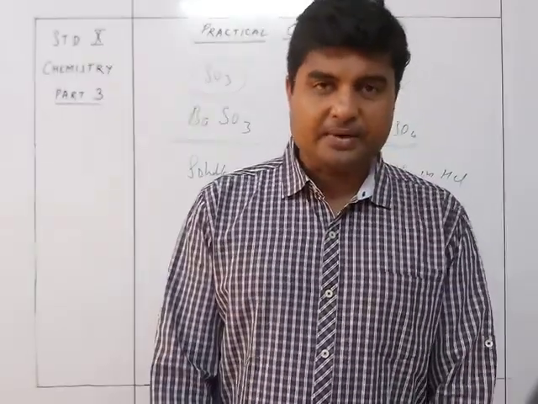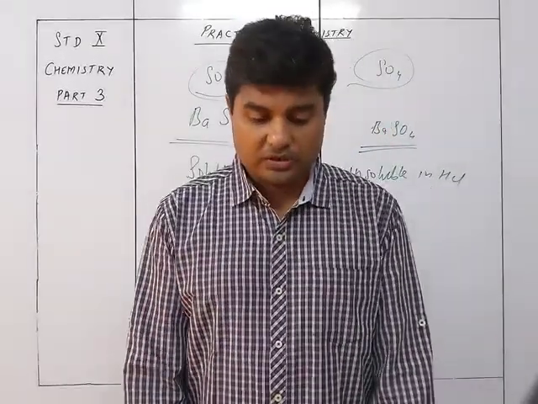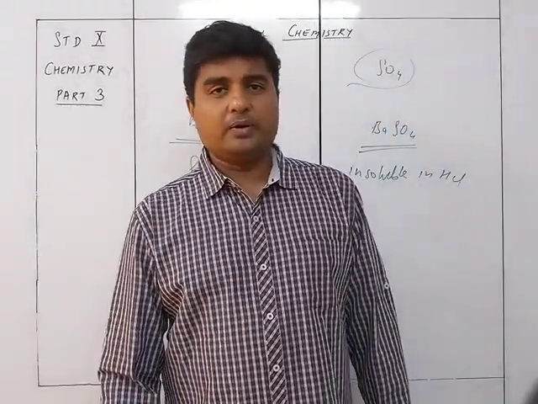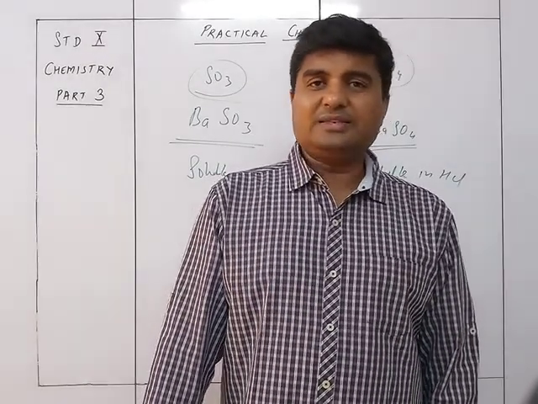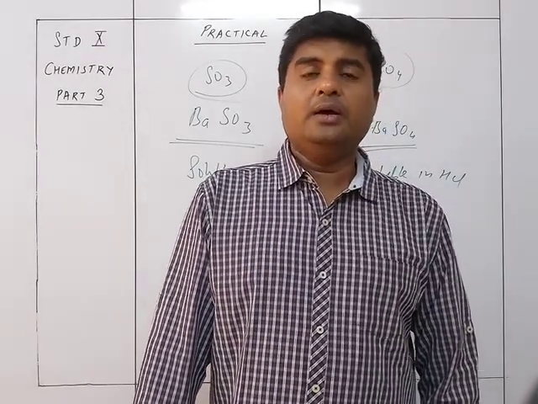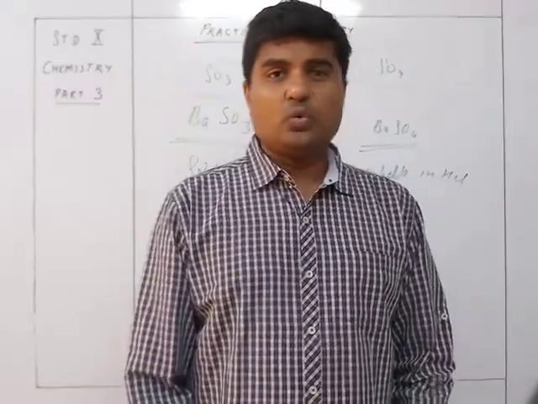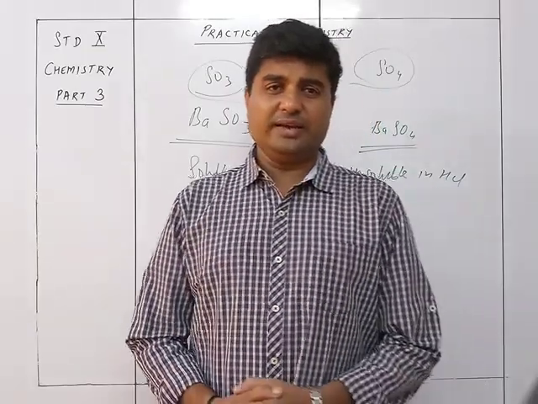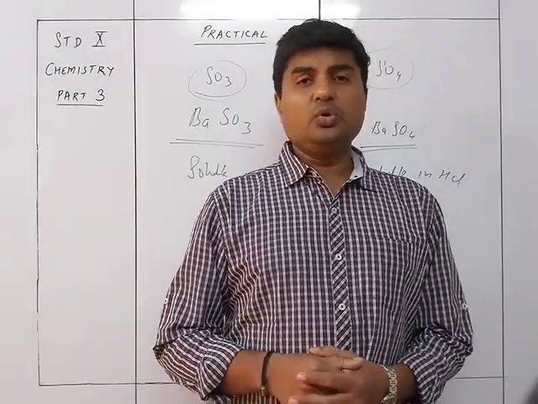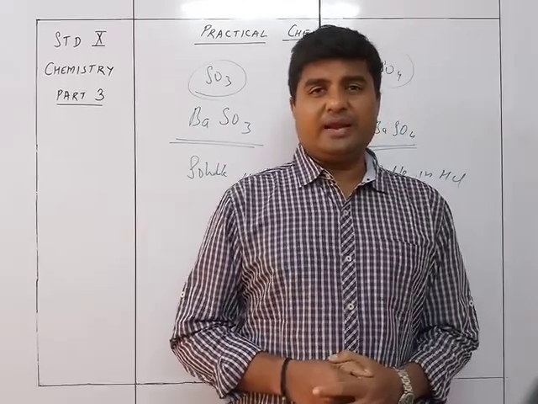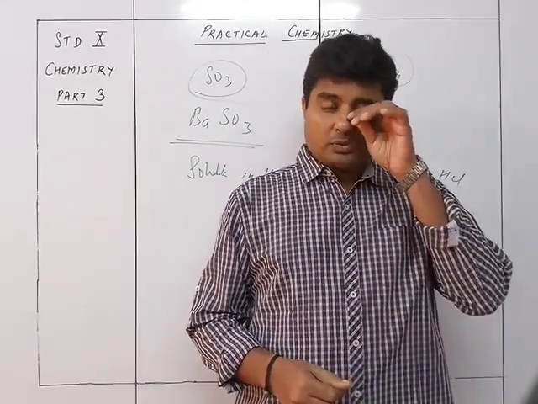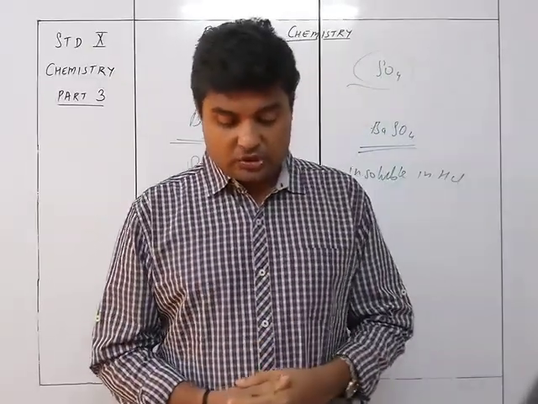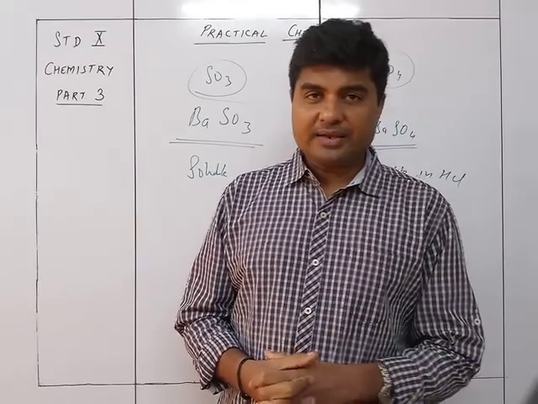Quite an easy chapter as such, but as I told you, very, very important, because in the first section, the 40-mark section of the chemistry paper, around 20 marks come as observations, where they ask the difference between two compounds, or identify this particular cation, or identify the anion. This kind of questions are there. So it's very important to learn the practical chemistry and also the analytical chemistry properly to score good marks in the first section, which is the compulsory section. So that was the end of practical chemistry. Thank you.